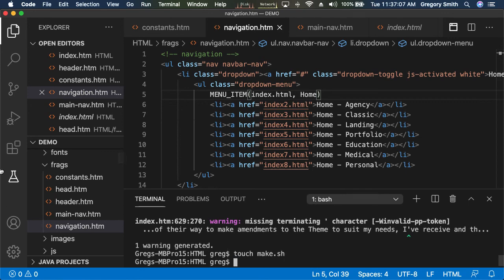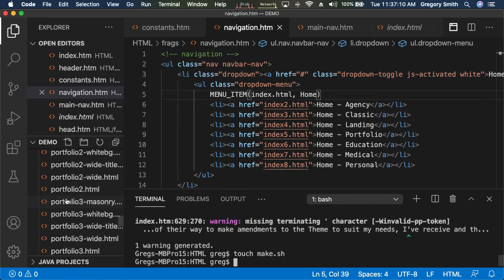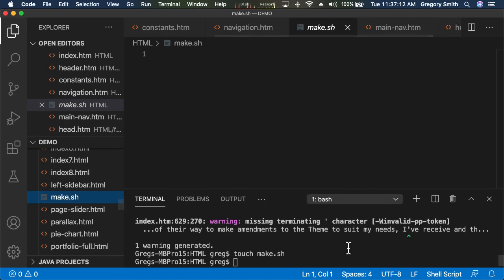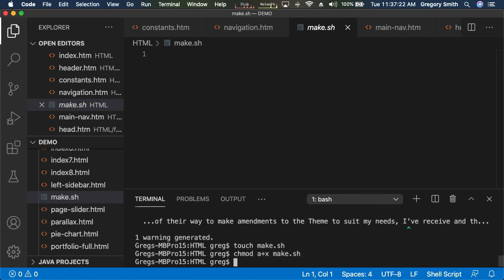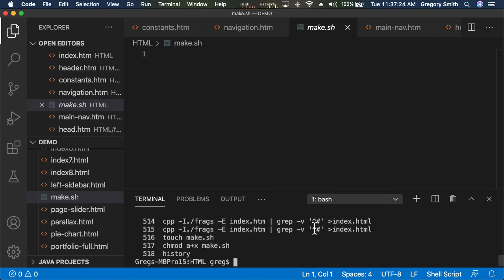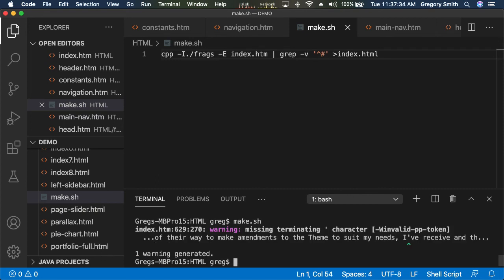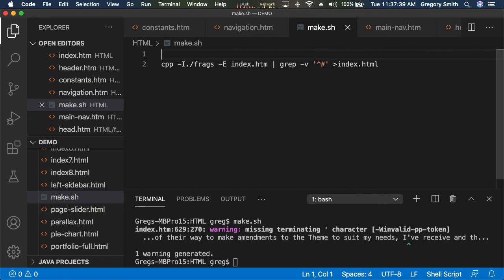Now I've got this shell program or script in here. Here's make.sh. Cool. I'm going to make it executable, so I do a chmod a+x make.sh. I'm going to do a history and grab that last command that I ran, my cpp -I. I'm going to put it right there. And now I should be able to just say make.sh and it'll run my command for me. Nice. Let's genericize this a little bit because if you are a lazy programmer, you're going to want to make this